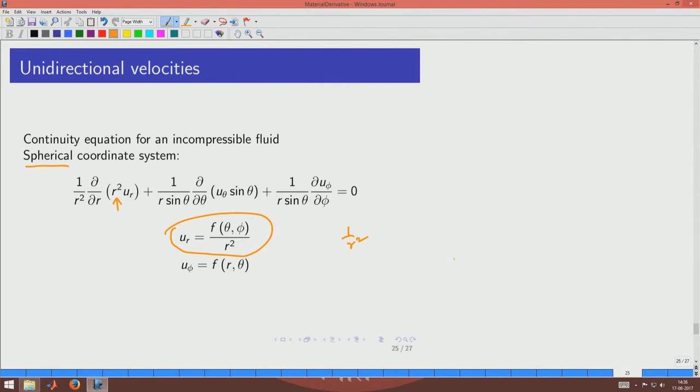What this implies is that, for example, if you have a very thin pipe that is getting the water and then spraying in all directions, then the radially outward direction in all three directions means that as you increase the distance, the magnitude of the velocity goes as 1 by r square. So, the magnitude has to die down faster than in the cylindrical coordinate system. This is how you can start to model unidirectional velocities using the continuity equation, so that the velocity field that you write automatically satisfies the equation, and therefore it will also satisfy the mass balance.